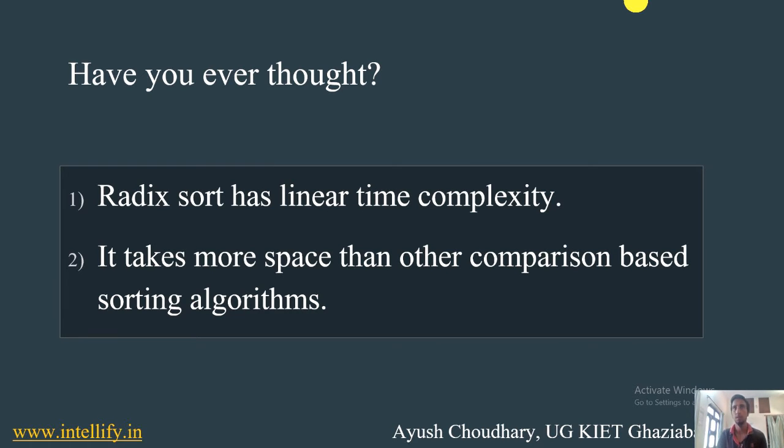Like if we talk about selection sort, insertion sort, and bubble sort, they are all based upon comparison, right? So comparison sorting, but they do not take more space. But here in the case of radix sort, it takes more space. So it is basically not considered in the place where there is a variety of range of integers.